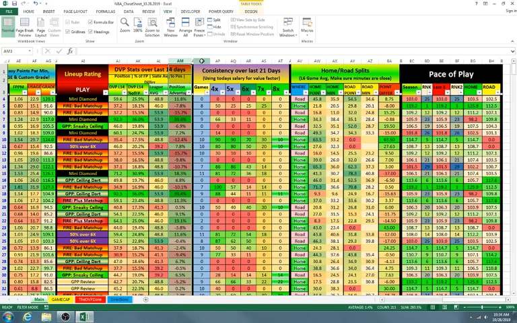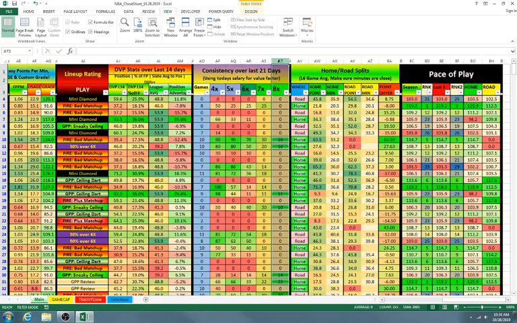And then over here, this one's kind of fun. This was new last year, we added. So it's consistency over the last 21 days. So out of the last 21 days, this is how many games it's pulling, so you can look and say, okay, 10 games, it's obviously pulling some playoffs from last year, so it's going to take a while for the data to get up. And then based on their salary today, how many times have they hit 4x value, 5x,